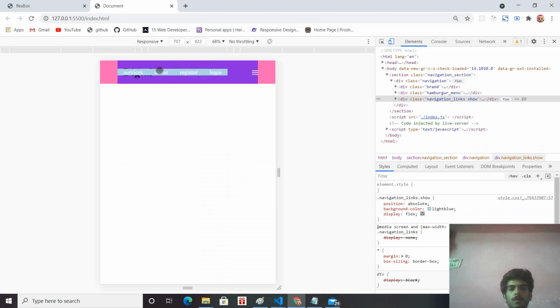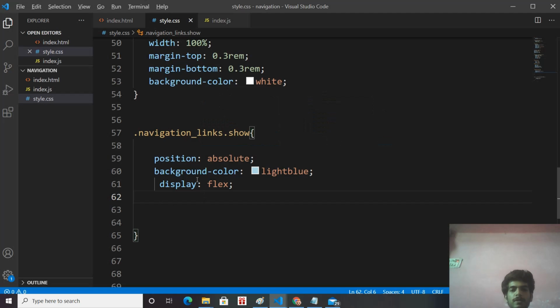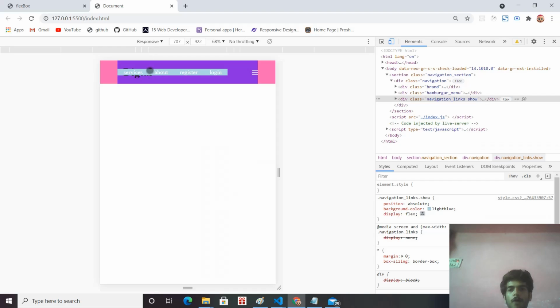So this navigation link should always be below this container, and its position should also be absolute. We have added absolute position, but from the top, how many rem should it cover? The height. So what is the height of our navigation?